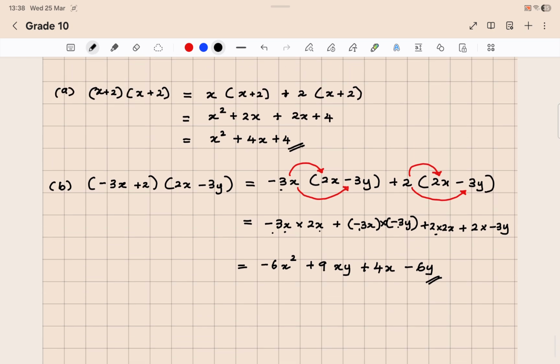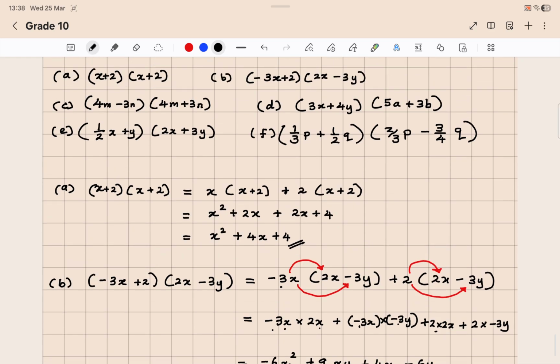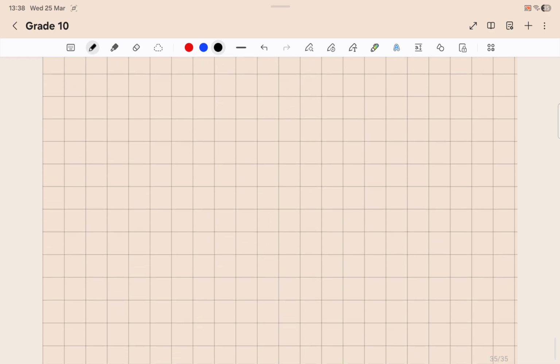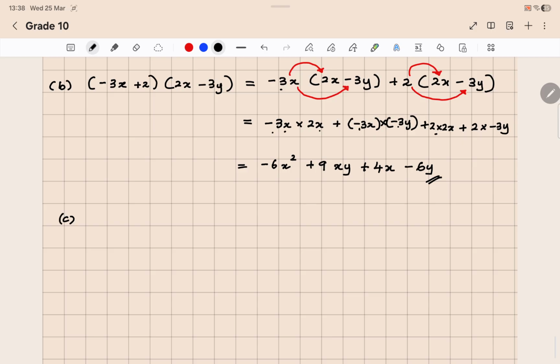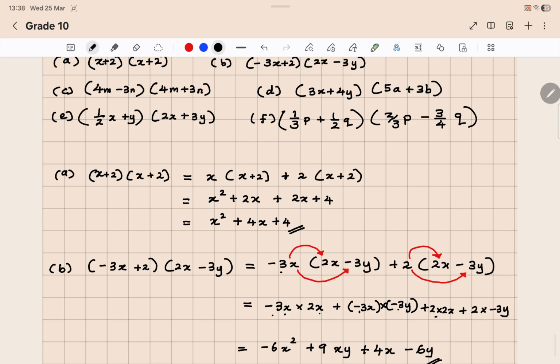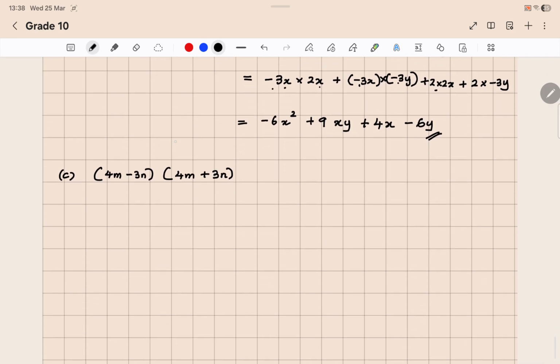Right, then let's look at part C. (4m minus 3n) times (4m plus 3n). Right, let me do this using the FOIL method. We have done the first two using the normal method, now